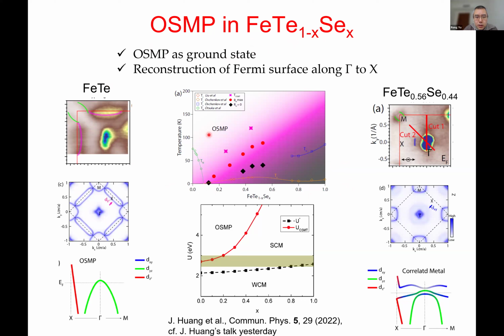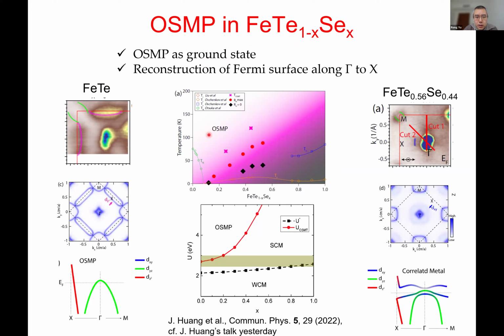Immediately after the discovery of high-Tc superconductivity in this compound, numerous theoretical works emerged. Here I just give a very incomplete list, posted on arXiv by the end of July last year. There are more than 30 theoretical works, and ours is actually among them. We are particularly motivated by two experimental findings, the spectral measurements. One is the optical conductivity measurement by Professor Haihu Wen's group, and the other is an ARPES measurement by Professor